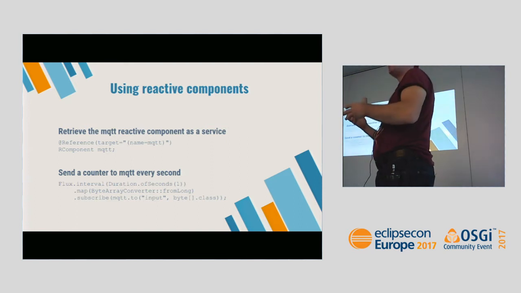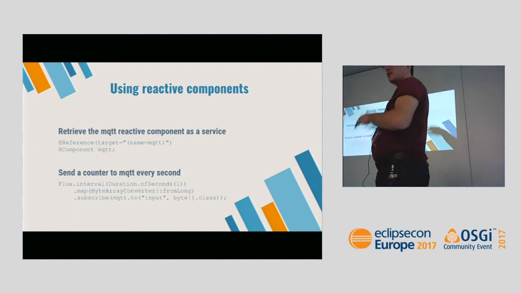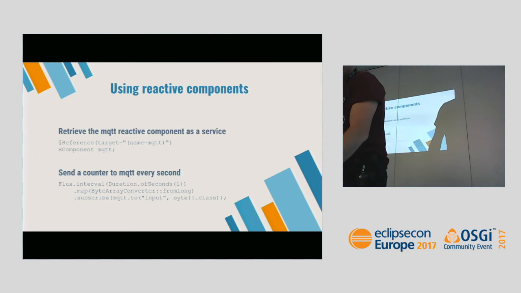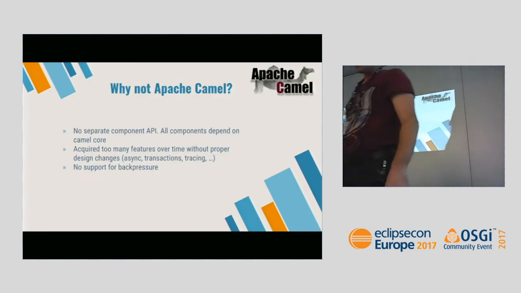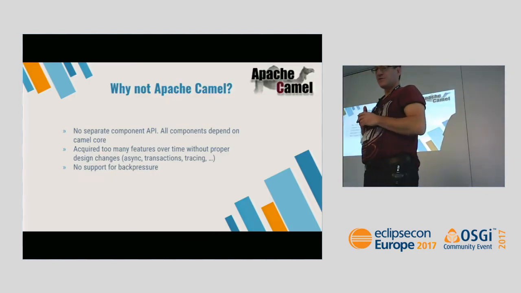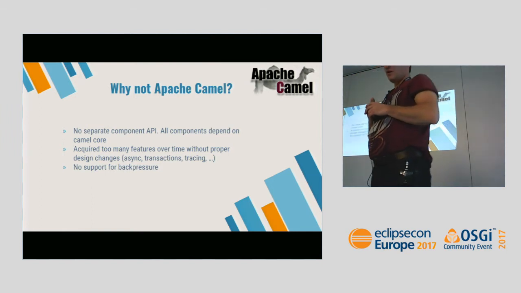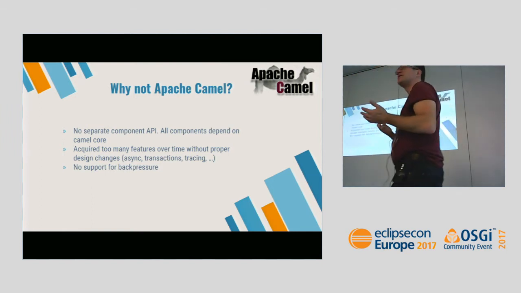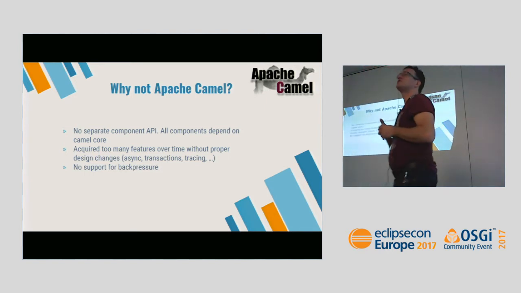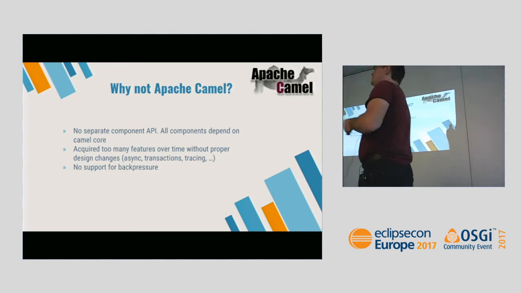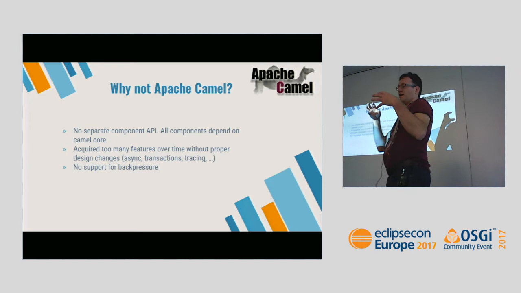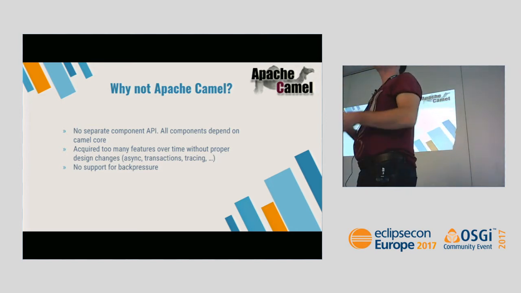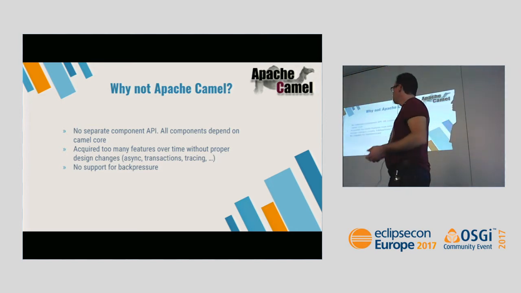That's like in Camel, but it's a lot smaller in surface area of your user code to the platform. So, of course, you could say, why not Apache Camel? Apache Camel can do the same I just showed. It may not be easy to do that with Reactor, but Camel has its own DSL. It's working great. It's proven to work.